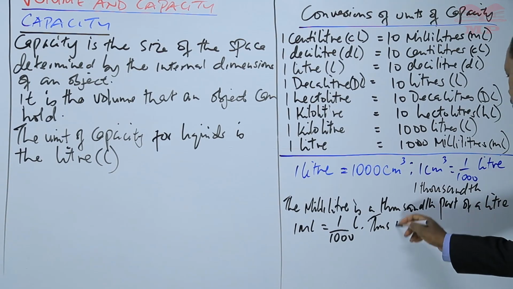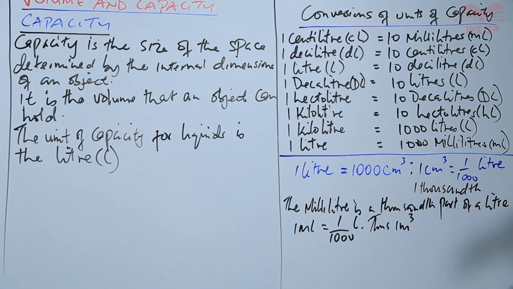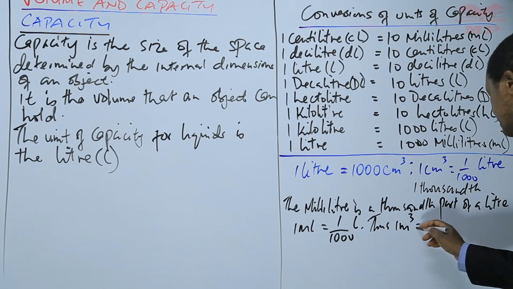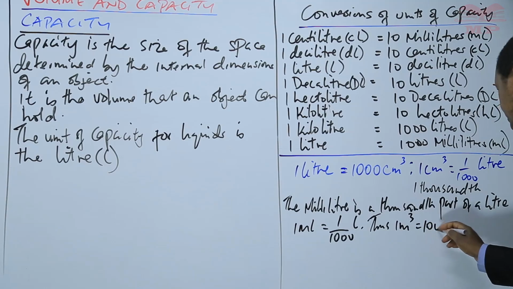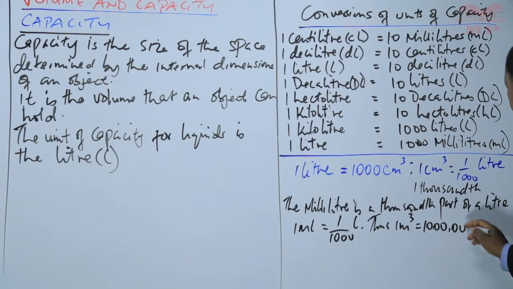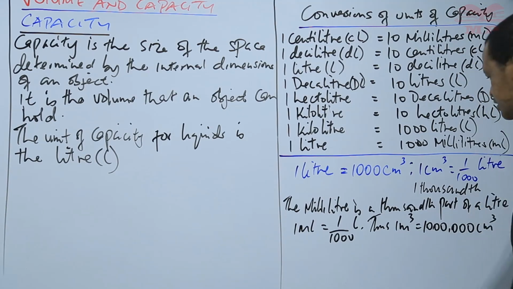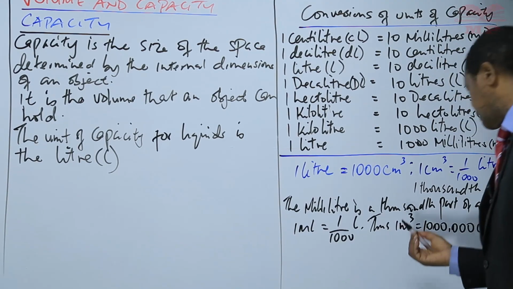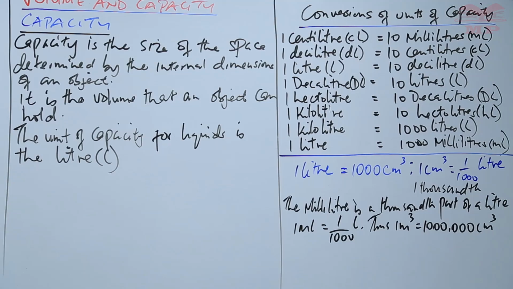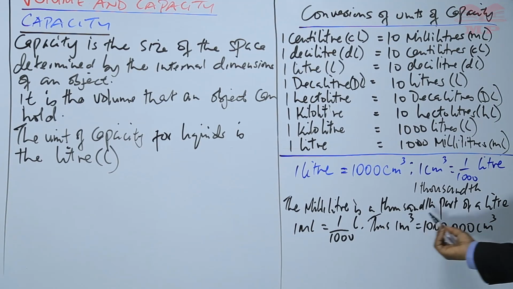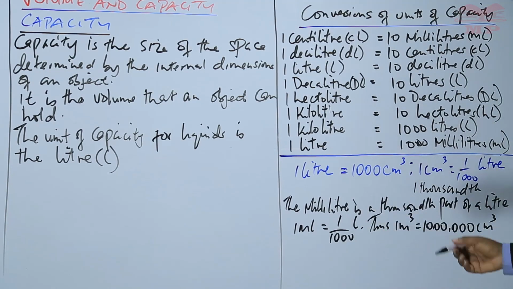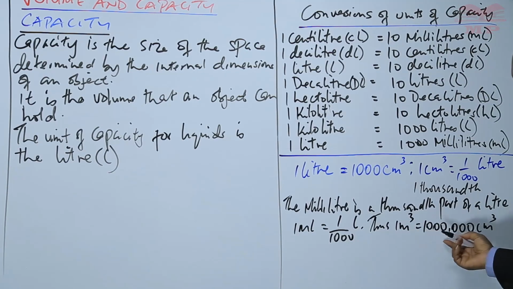1 cubic meter is equal to 1 million cubic centimeters. That one we know. 1 cubic meter, and this we converted when we were doing volume. 1 cubic meter is equal to